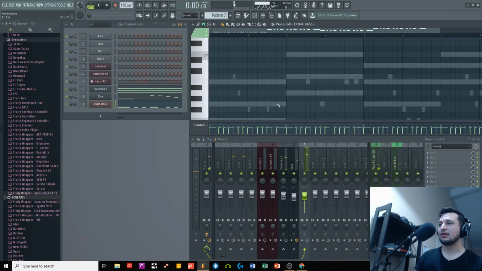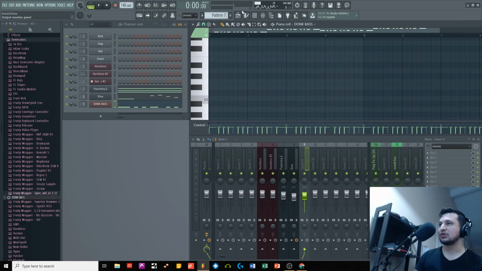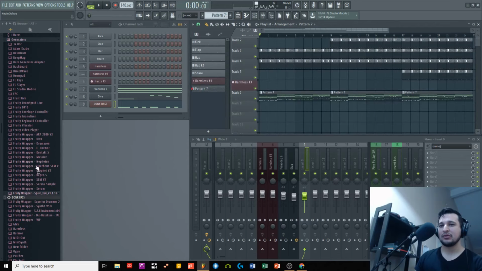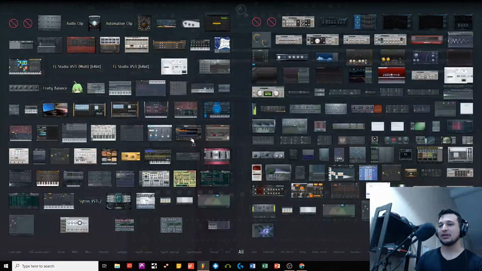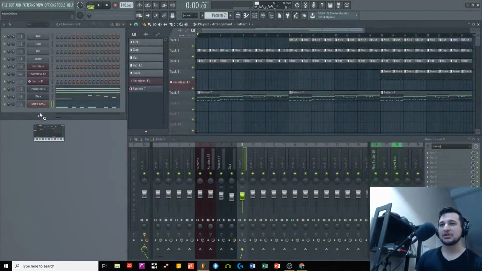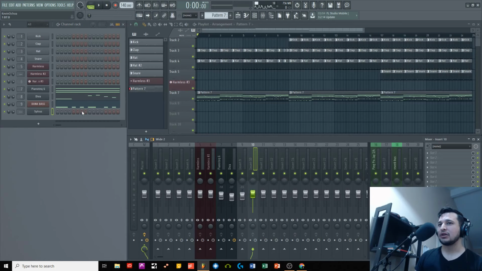I'm gonna grab that bass line and put it up an octave, because I'm gonna add a sub bass line. This is just to keep it powerful in the mid range, but then actually add a different instrument. The instrument that I really like using for that is Sytrus, because it's an FM synthesizer, a very powerful synth, but it also has a very clean engine for doing these types of things. So I'm just gonna copy this guy, paste it,